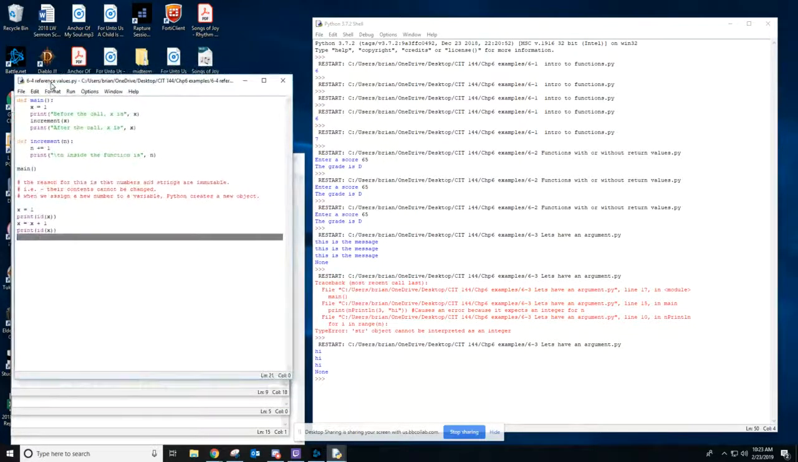Let's talk next about what your book talks about, and this is what your book calls reference values. And so a couple of things to look at. Let's look at this little function here. We have a main function in which we declare that the value of x is 1, and